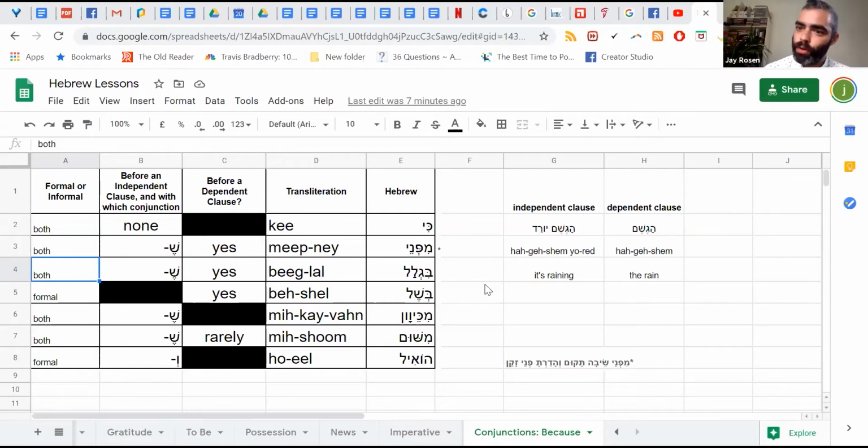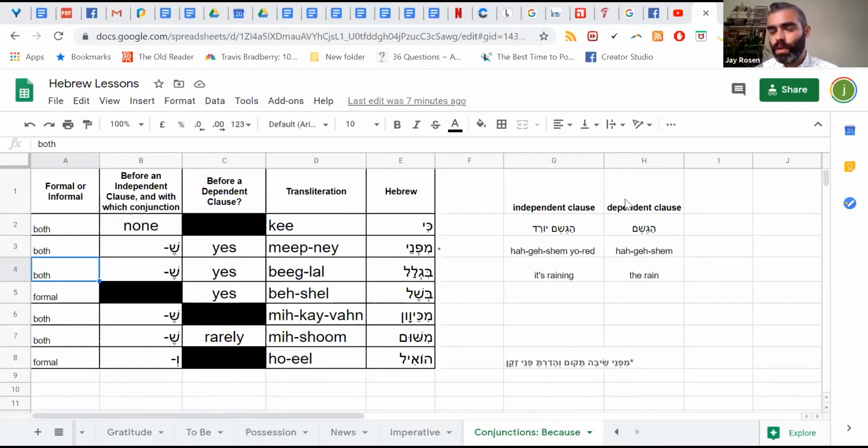Again, I don't want to freak you out over grammar, so I'm going to keep this really basic. But when we talk about sentences that have the word because, we're usually talking about two parts of a sentence that are brought together. It's cause and effect or a reason: something happens because something, right? And that something can either be what we call in grammar a dependent clause or an independent clause. Don't get freaked out by that. I'll show you on the right-hand side of this screen what I'm talking about here. It's really simple. Dependent clause.